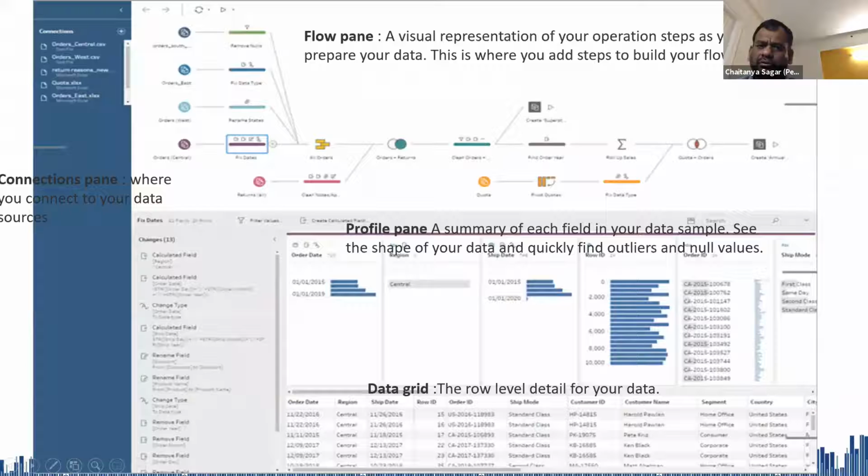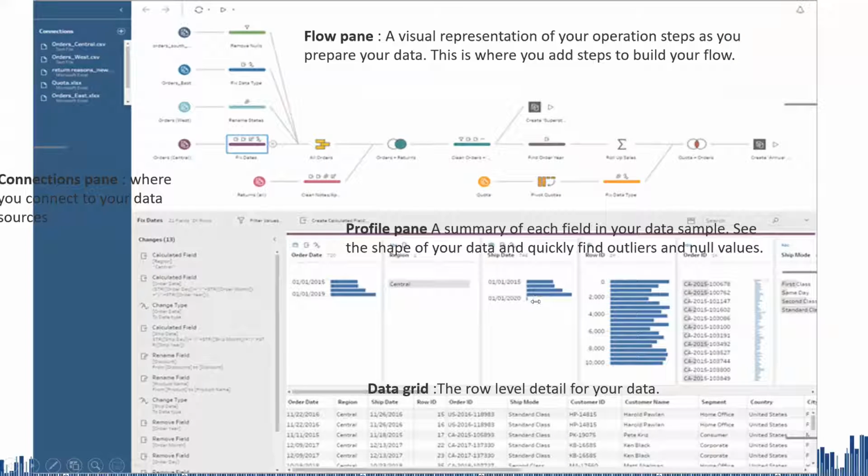One quick question, Jairam. In this particular field, the ship date, you can see these 4 bars. What do those 4 bars represent? The bars represent each year.